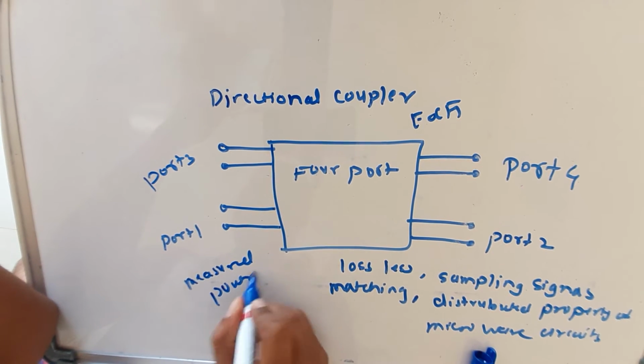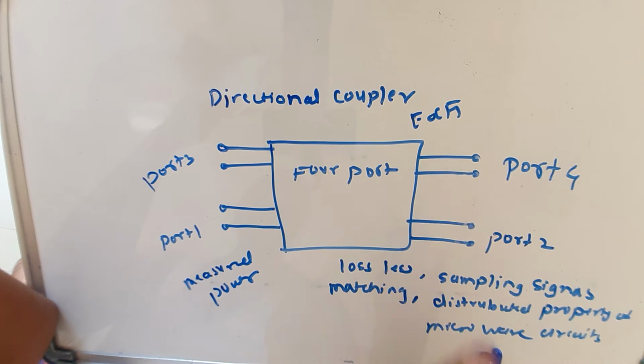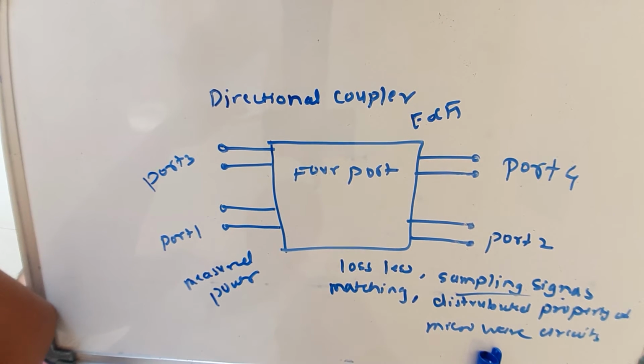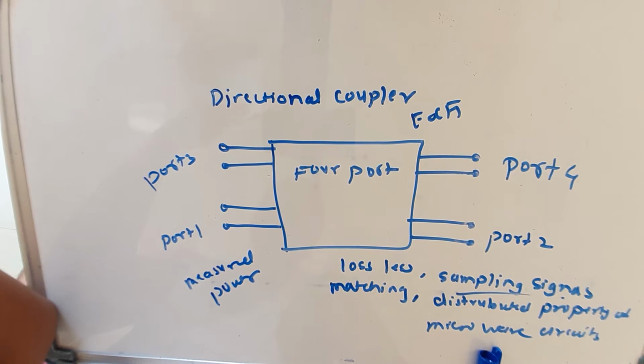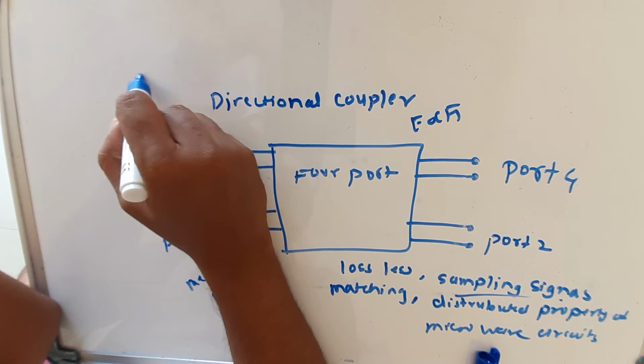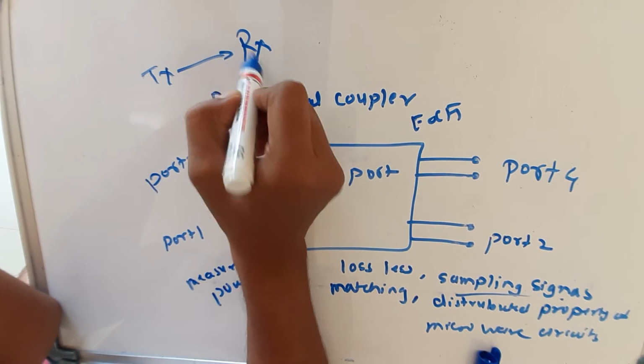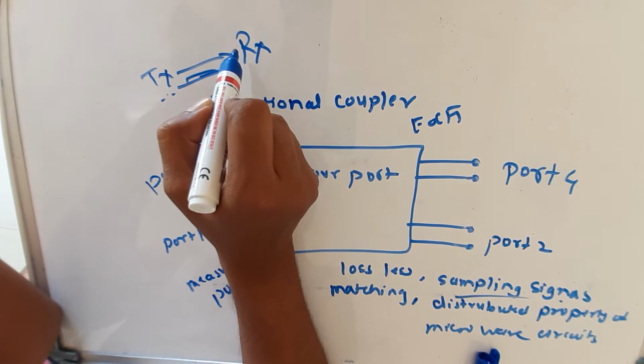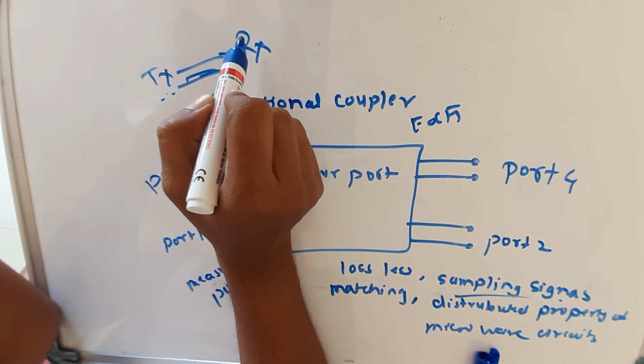Measured power should be from source to load, or from generator to load or antenna, through a transmission line or waveguides. It is often done by sampling the input signals, in which a calculated function of power is measured so that the total may be calculated. In these techniques, only the forward wave is measured. Forward means a transmitter is there and a receiver is there. So only the wave coming from transmitter to receiver is measured.